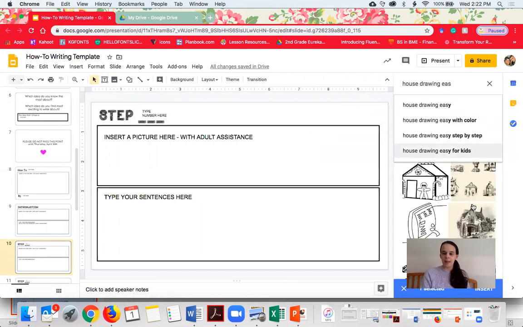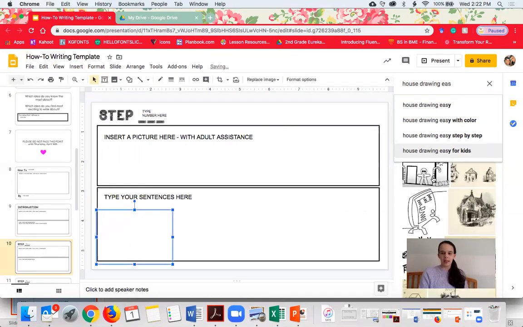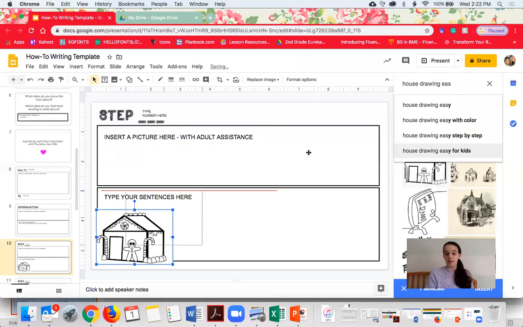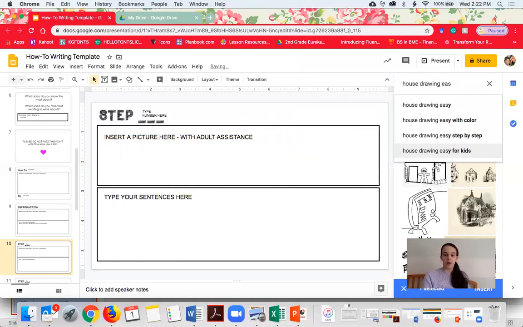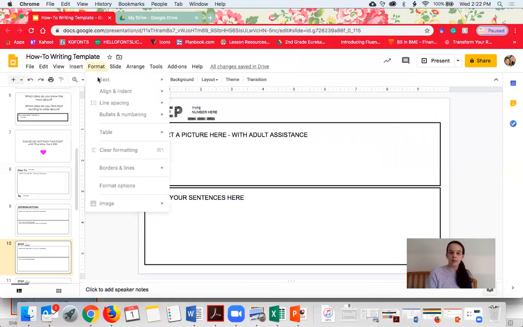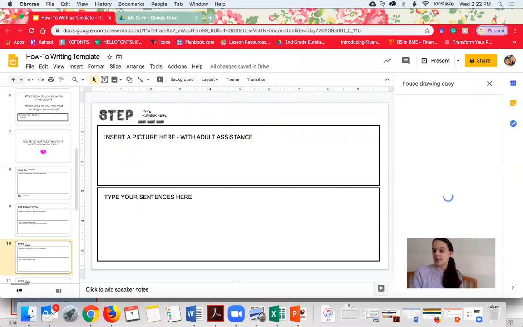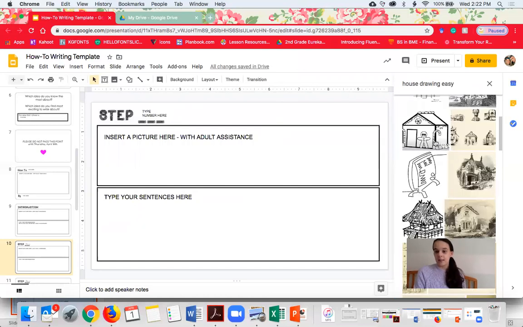Okay, so I see many drawings of houses here. Oh, I kind of think this one's fun with this gingerbread man. So I'm going to pick it, and it's gonna come into my screen. So friends, I'm gonna show you that one more time, okay? You're gonna go to insert, image, search the web, an easy house drawing, and I'm gonna take this one and